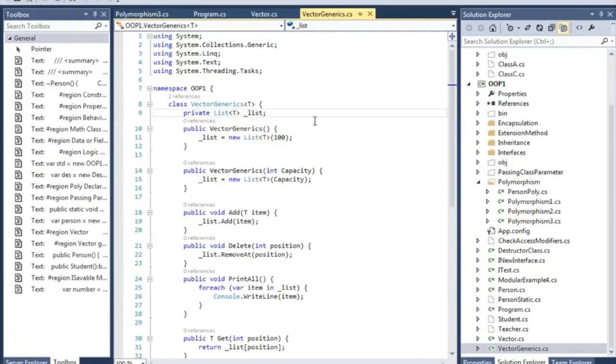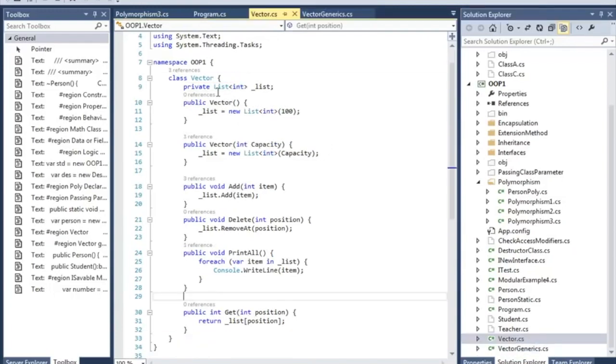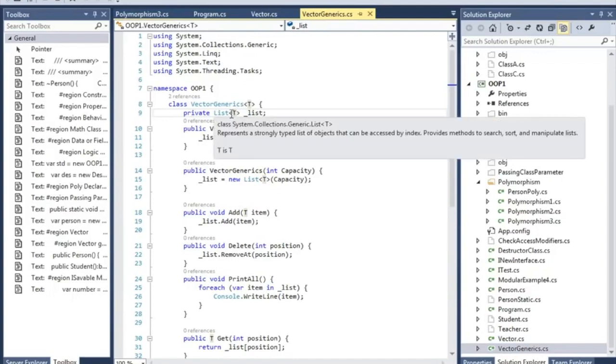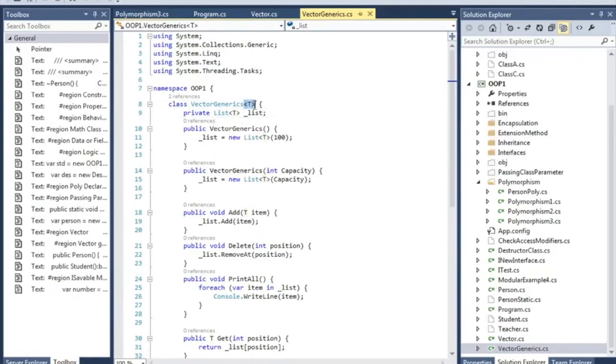as you can see, in the previous example I have used the int, and here I'm saying T, and the T came from the template name that I have defined after the class name. So to make a class generic, you put your cursor after the class name and use the angle bracket, and then the name of the template that you want to use as generic. And if you have more than one template, write it with a comma, more.